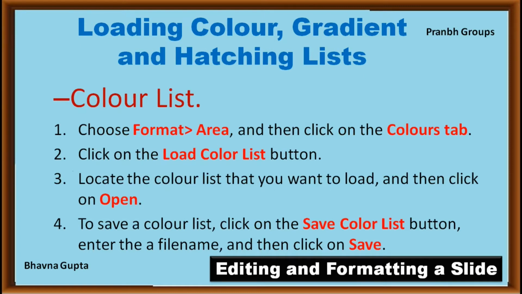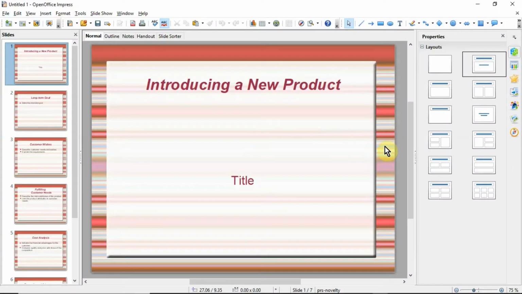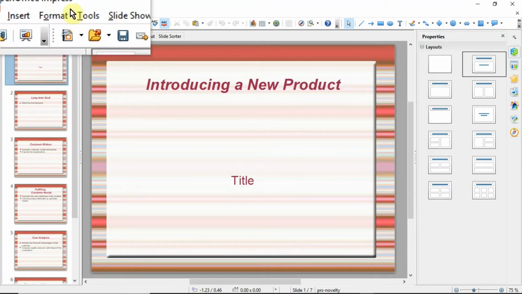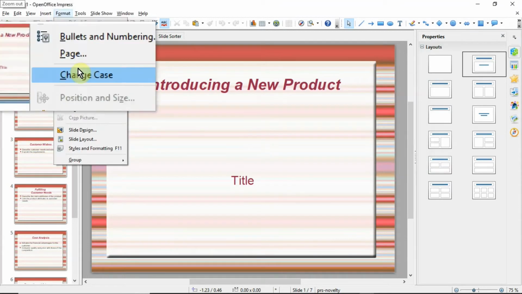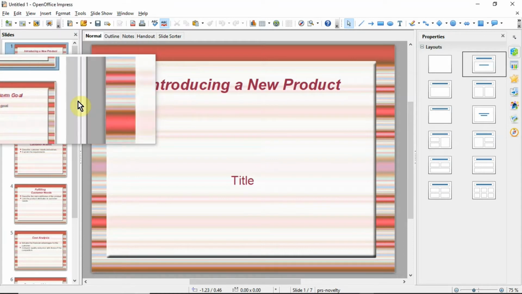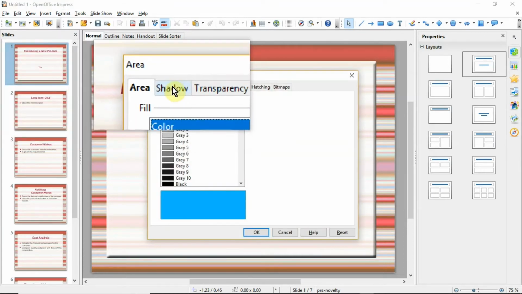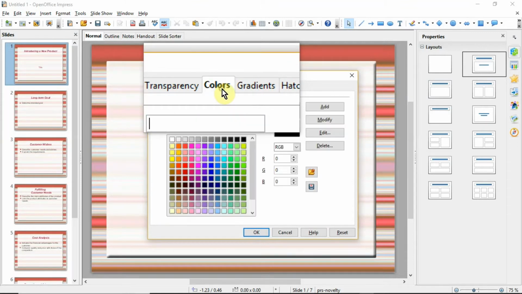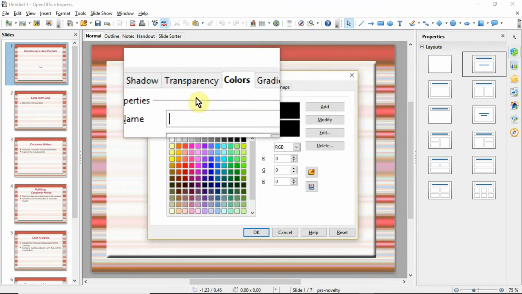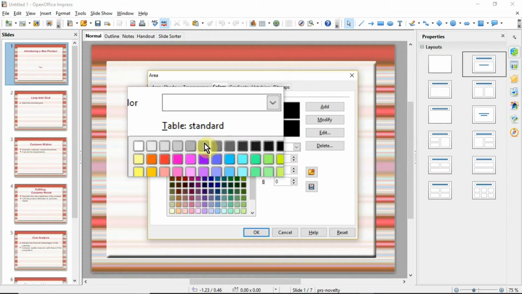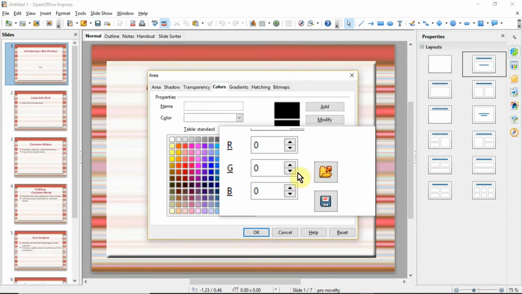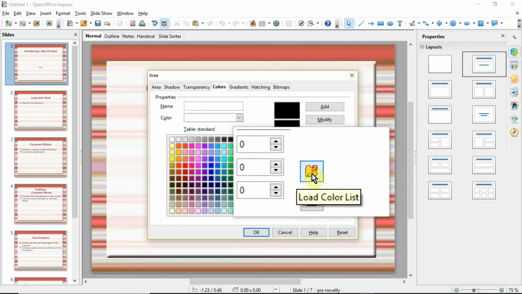Follow these steps for loading a color list and also saving a new color list. So firstly, open a presentation and then click the Format menu and then click the Area option, and this window will appear. Click the Colors tab and this window will appear. Here you can click Load Color List